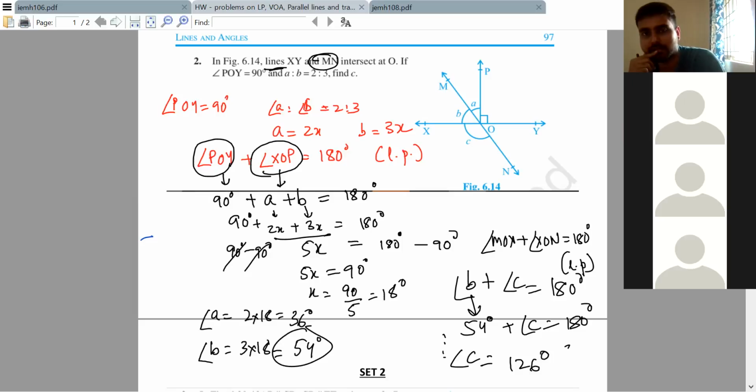Bhumika, what's your doubt? Sir, I did the same thing, vertically opposite angles, but I'm not understanding. In the previous question also, when Nazreen and Amruta did that, I don't understand why you need to. Manoj and Bhumika, watch this very carefully. MN is a line. It need not be flat like XY. Still, MN is a line.